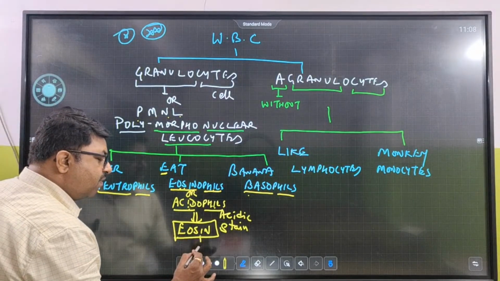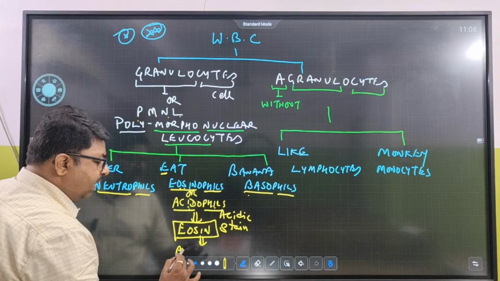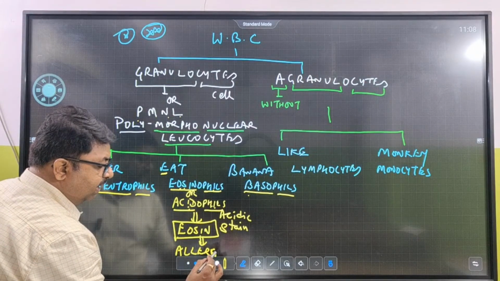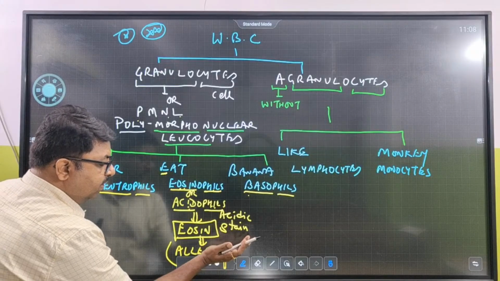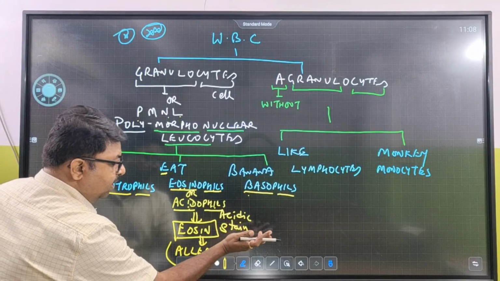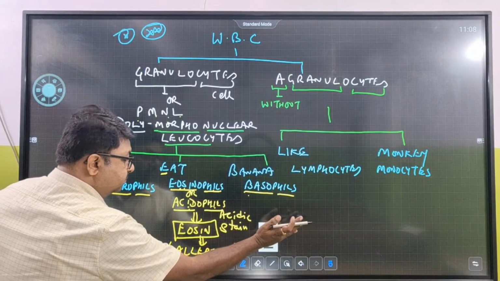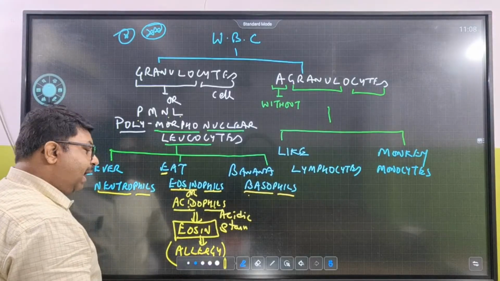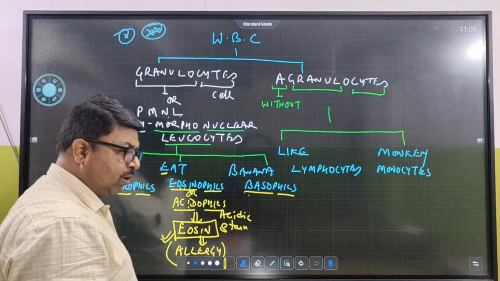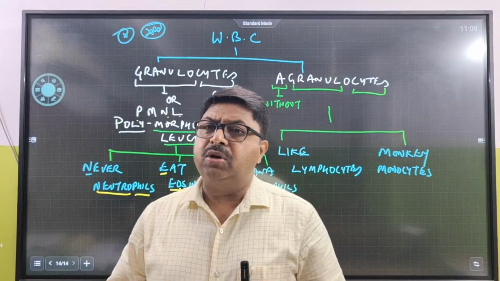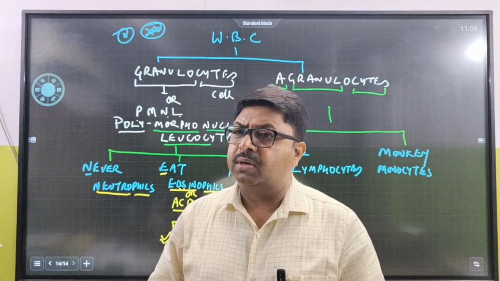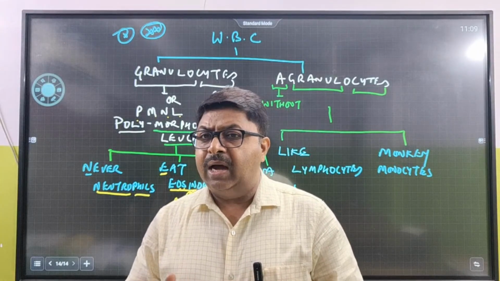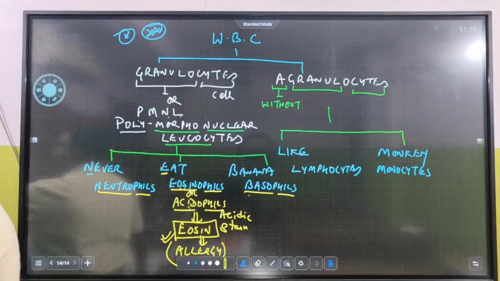And what is the function of these eosinophils? They can make allergic reactions inside your body. And do you think this allergy is good? Yes, it is good. How is it good? Because the function of WBC is to help in protection. Their main function is to protect the body. And how they can protect the body is by